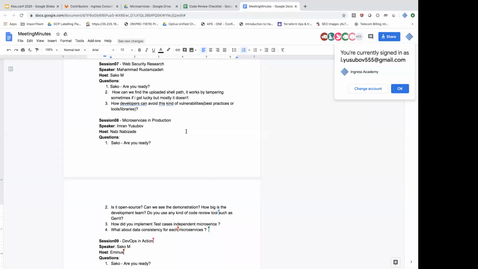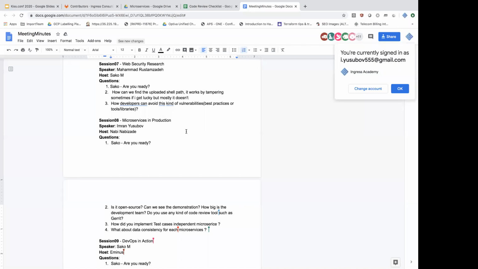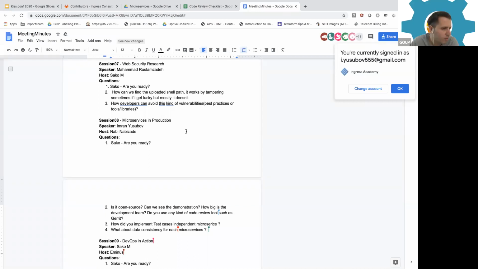What about data consistency for each microservice? What do you mean by data consistency? Could you please add some more details? Does it mean the state? Maybe it is referring to transactions, right? You can also turn on your microphone and elaborate. Do you mean if you have two microservices and